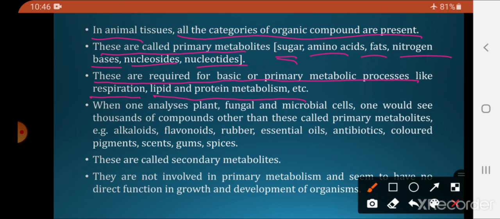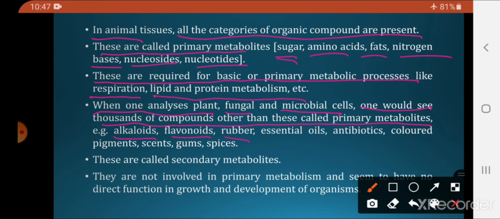But when one analyzes fungal, plant and microbial cell, one would see thousands of compounds other than these primary metabolites. So, if we examine the plant cell, fungal cell or microbial cell, along with these primary metabolites, we will find other thousands of compounds. प्राइमरी मेटाबोलाइट्स तो हो गए, लेकिन उसके अलावा दूसरे thousands of compounds they are present in the plant, fungal and microbial cells. Examples of such other compounds are